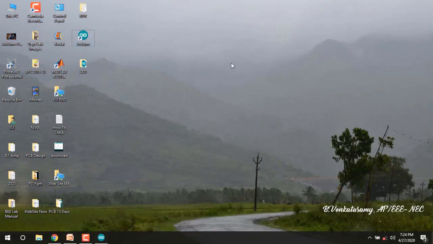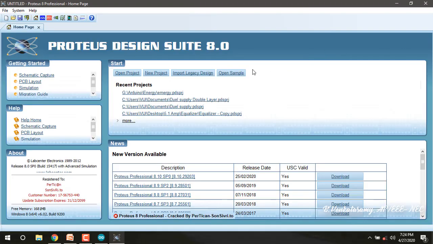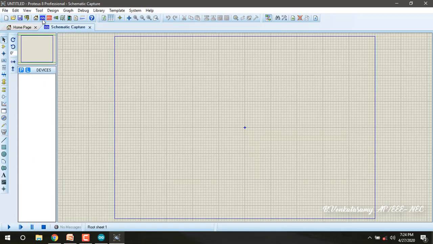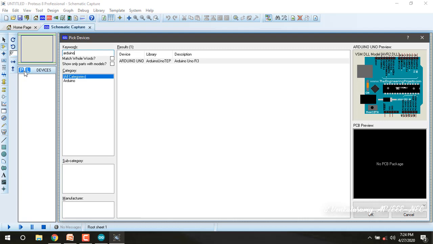So now go to the Proteus software. And simply click here on schematic capture. Then, if you have already installed the Arduino library, go to component mode, then pick components, and type Arduino. So here there is an Arduino board.